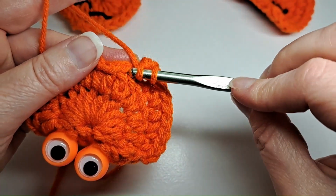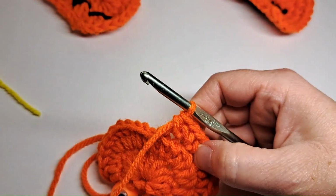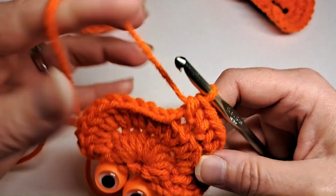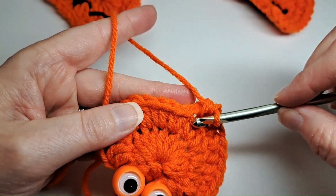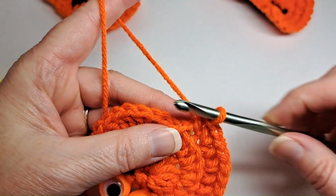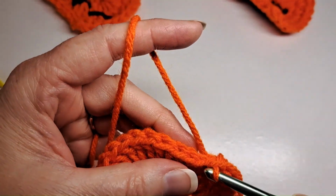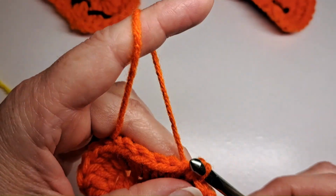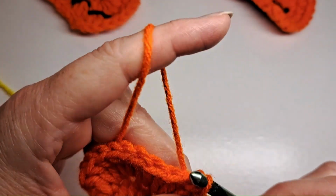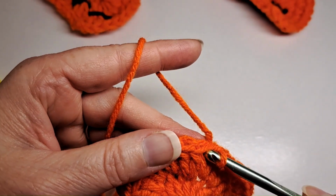And then there's 1 more, so I'm just going to put 1 more half double crochet. That's all I've been doing is half double crochets on the side of this stitch. And then I'm to the half double crochets from the row below, and I am just going to slip stitch across all of those. Just put 1 slip stitch in each of those. And I have 1 more,